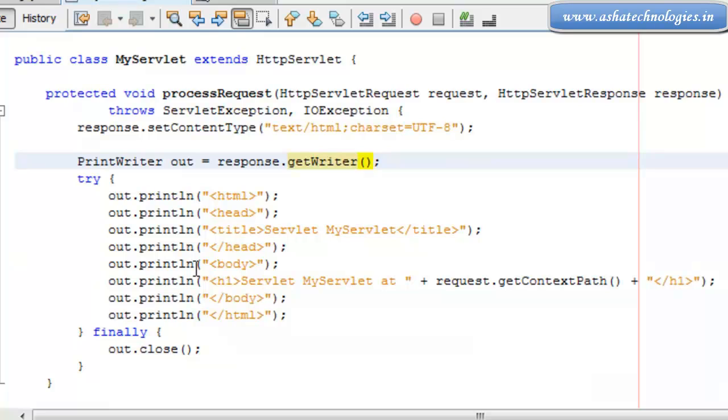Using this getWriter we are writing custom content, opening the output stream to write the contents to the client and to send the text data or any binaries